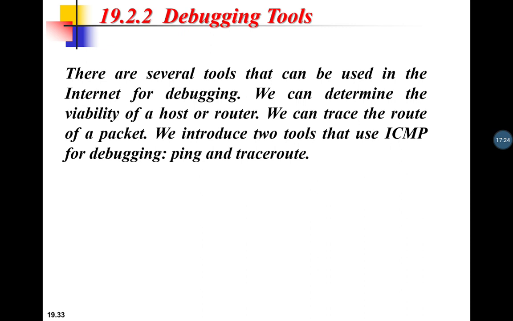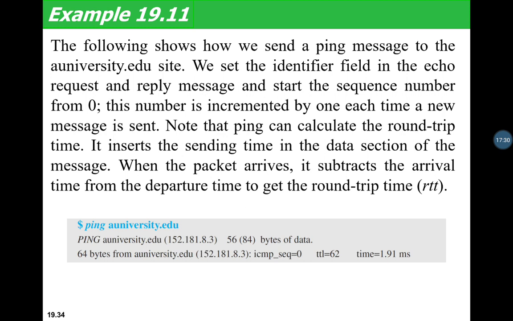Very important is that these are used for debugging. These tools are ping and trace route. First let us see about ping. Ping gets the help from two query messages to find if a host is alive and responding. So here those two query messages are used, wherein we send a request and we get a reply back. Those will be used to find if the host is alive.